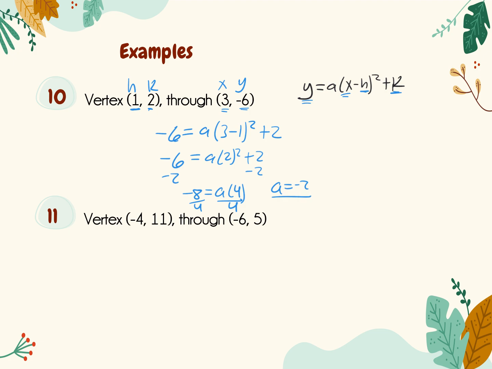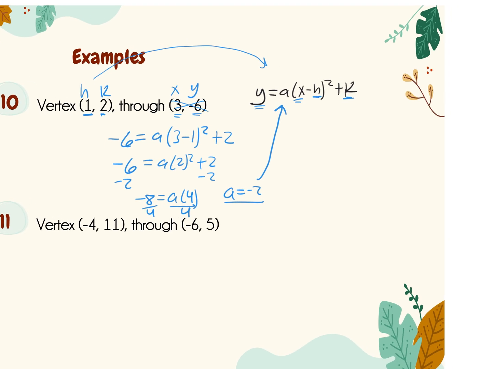All right, so that's an important piece of information because now I can plug it into that a in our function. All right, and then hk, I'm going to plug this into that as well, right? But we don't need to plug in our point. We only needed that to find the a value, right? So you're still going to have x and y in your final answer. This is going to be y equals -2 times x minus h, so x minus 1 squared, plus k, so plus our k value was 2, right? So that's the equation